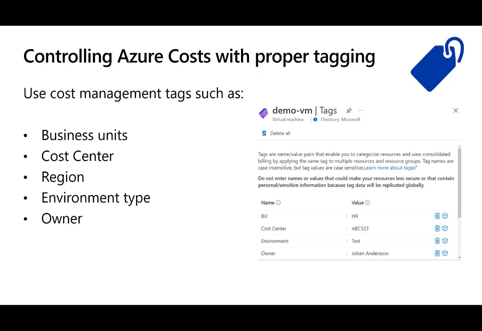And a tag is basically a key value pair that you can assign to either a resource or the resource group to give it an additional attribute. And you can assign up to a maximum of 50 tags, or 50 name and value pairs, per resource or resource group. In the context of cost management, you can use keys such as business units, cost center, regions, environment types,